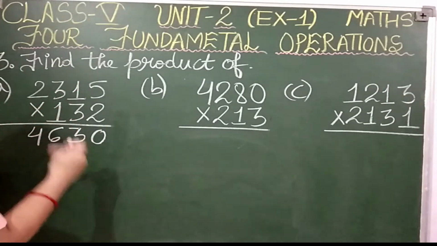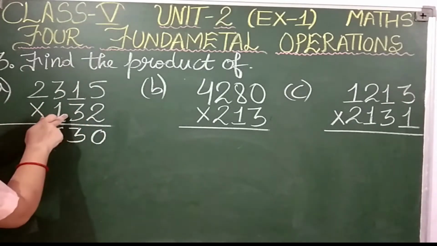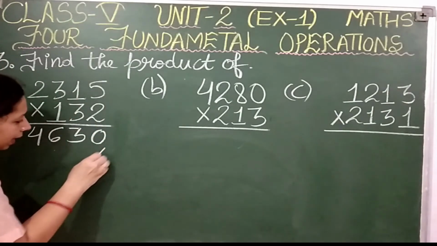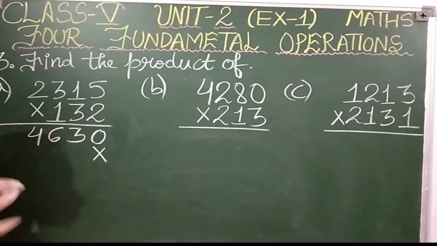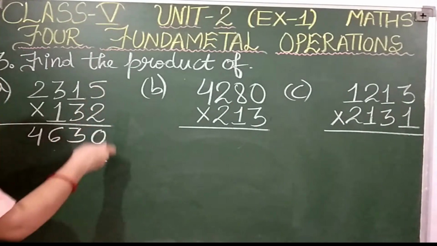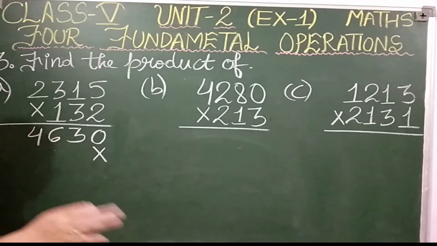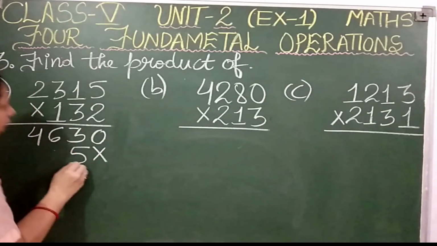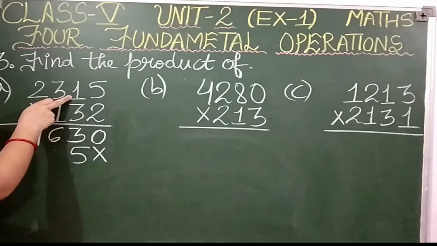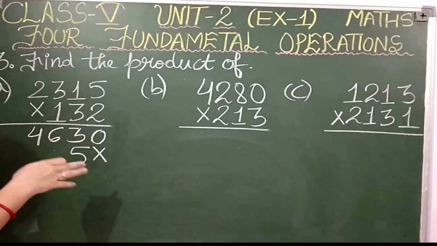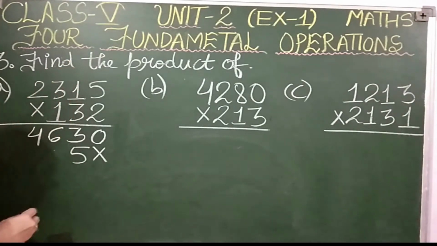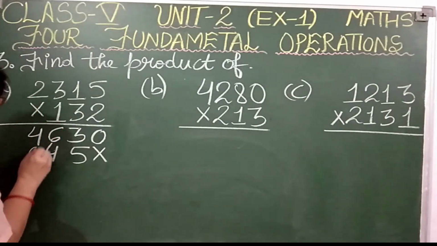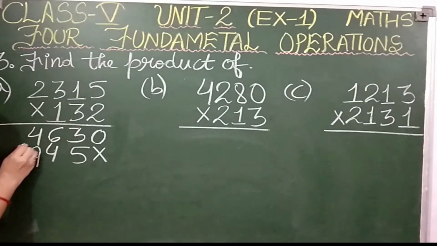Next digit is at tens place. Before multiplying the tens digit with the above numbers, you will come to the ones place and put a cross, or you can put 0 also. That means this ones place is solved now. Okay, now let us multiply. 3 5s are 15, 1 carryover. 3 1s are 3, and we add the carryover with the product, so 3 plus 1, 4. Then 3 3s are 9, then 3 2s are 6.